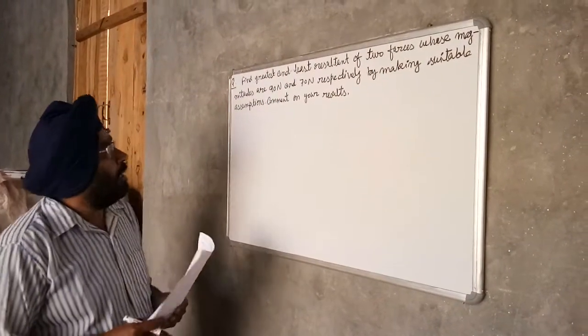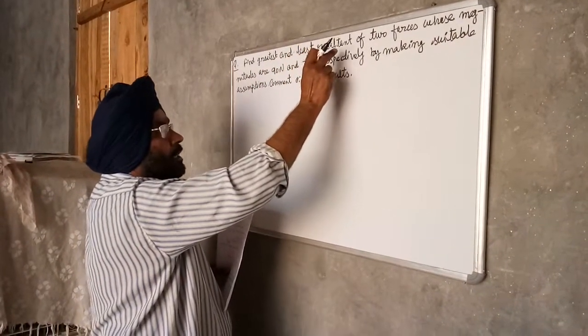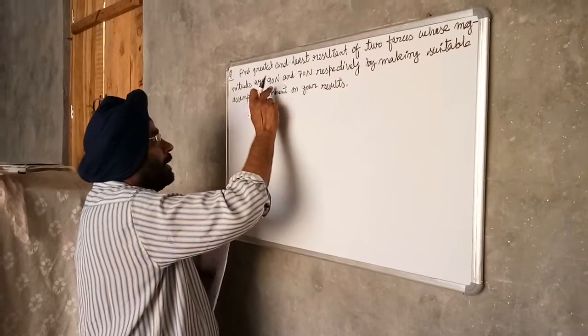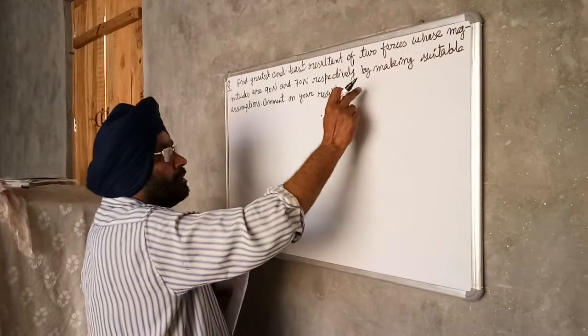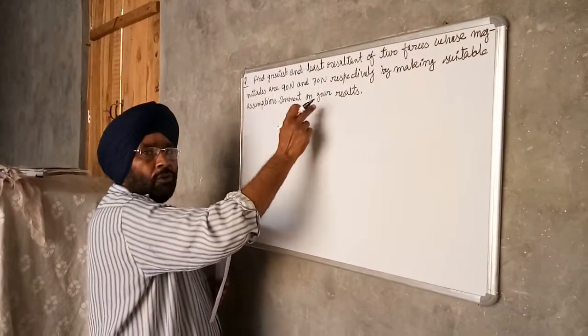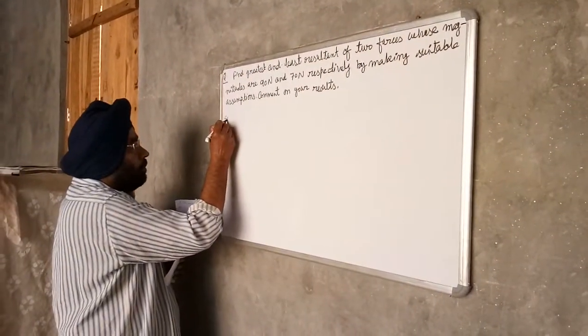So the problem was: find the greatest and least resultant of two forces whose magnitudes are 90 Newton and 70 Newton respectively by making suitable conjunctions. Comment on your results. So the solution of the problem is